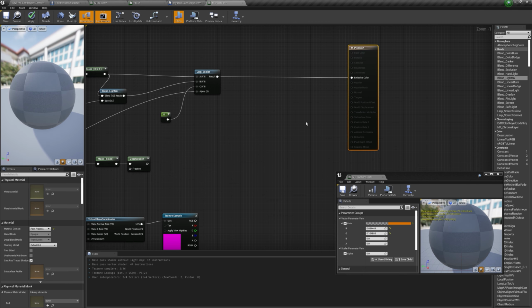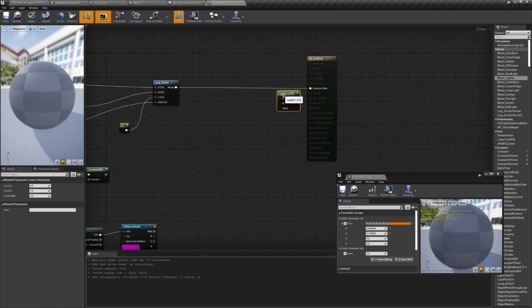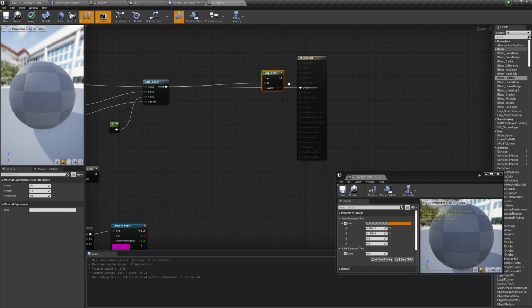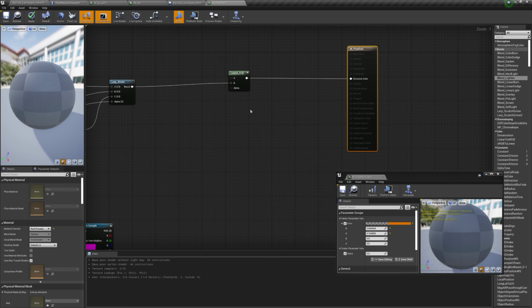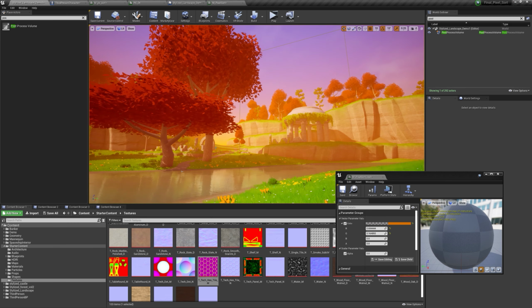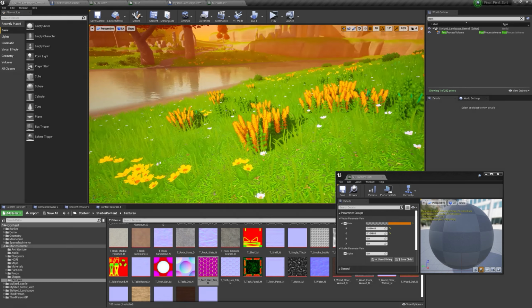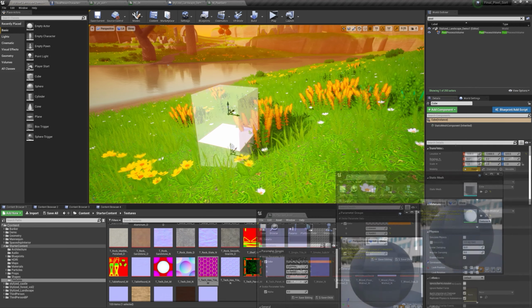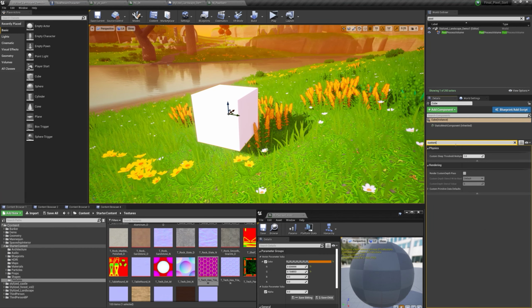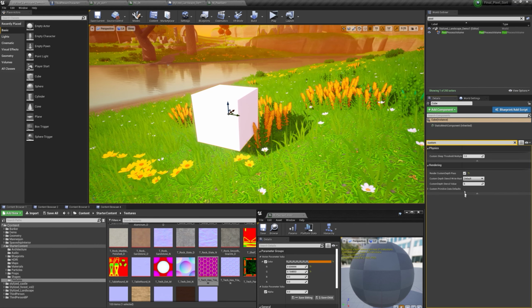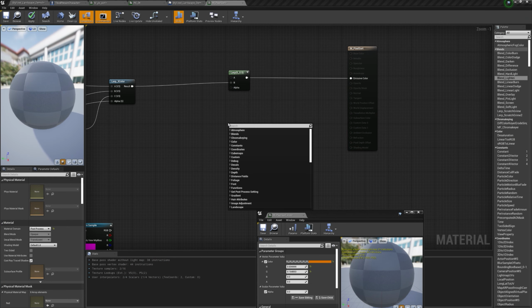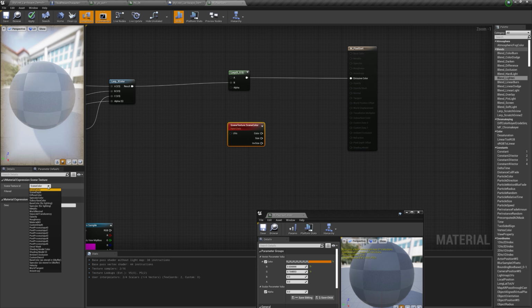Now to exclude some actors from the effect, in order to do that, we can get a layer and connect this to B and connect this to the MC color, and we can exclude something from the effect using the custom depth. So if I just bring in a cube here, and now if I add the cube to the custom depth, like render custom depth pass and tick that, and now if I go here and type in scene texture and change this to custom depth,